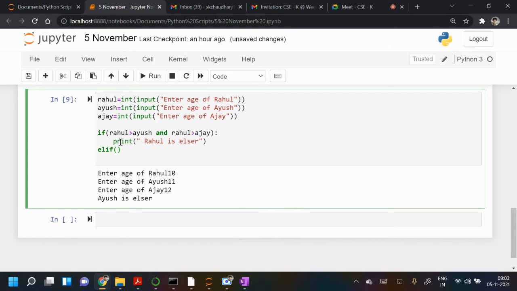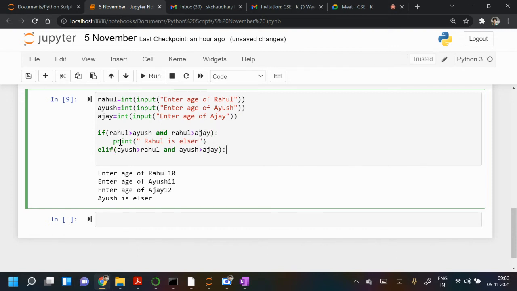So you use something else. You can use Ayush is more than Rahul, and Ayush is more than Ajay.